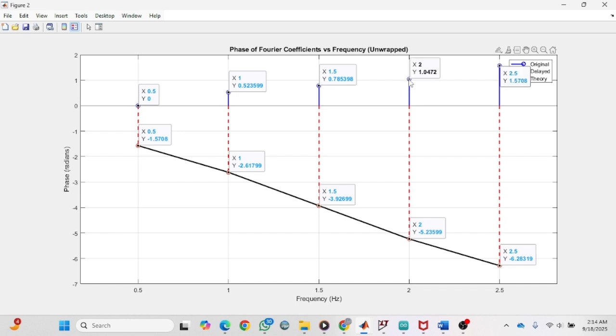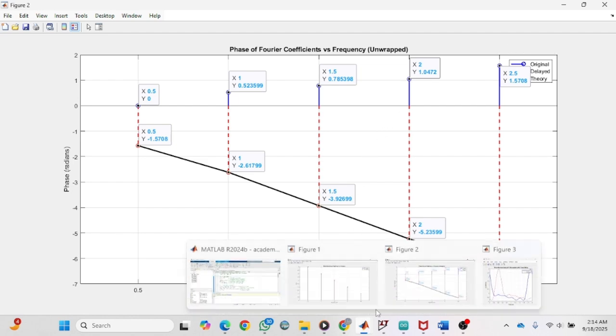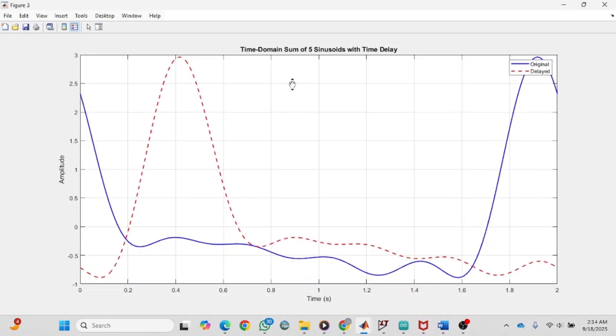So we have everything we need, and that's basically how the phase will look. If you want to see how the actual graph would look, it looks like this. The blue is the original, and the red is your shifted, or delayed, sum of sinusoids. Remember, this blue is made up of 5 sinusoids, as we saw in the MATLAB code. When you add those 5 sinusoids up together, you get this blue here. When you delay each of the 5, plot them and add them up together, you get this red here. So it looks different. Okay, and that's basically